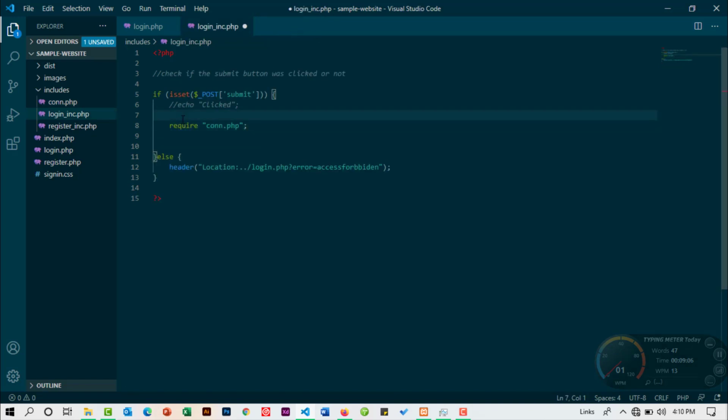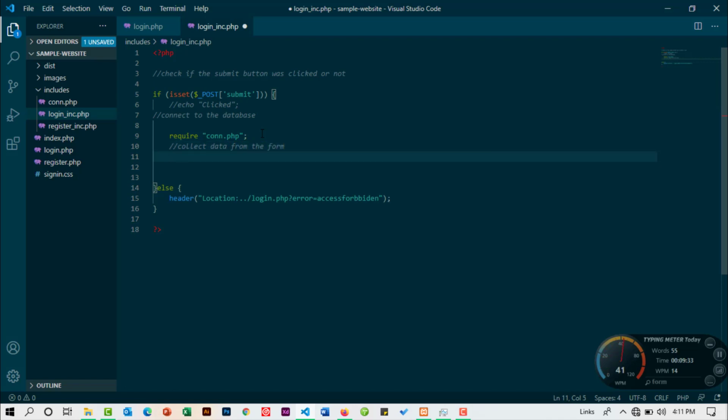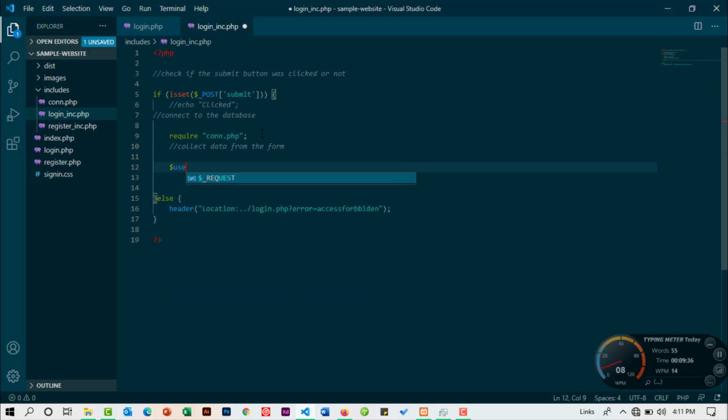So I can maybe also come and have a comment here and say connect to the database. So the next thing that I want to do is to collect data from the form. So I'll first of all come and have a comment here and say collect data from the form. So to collect the data, we are just going to come and have the variable username,